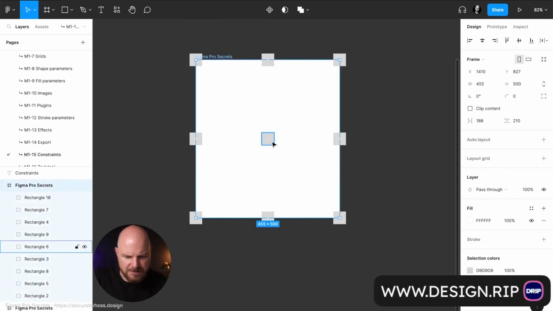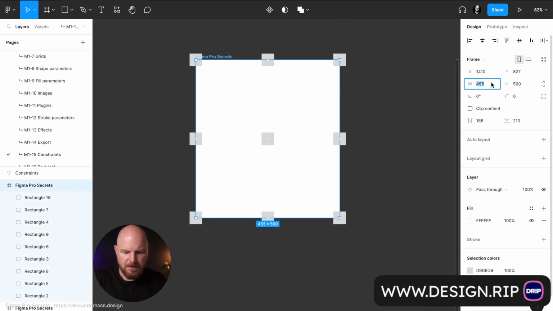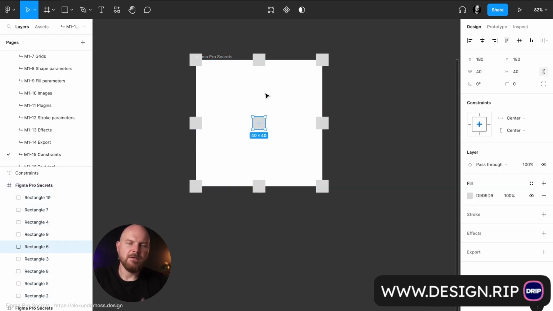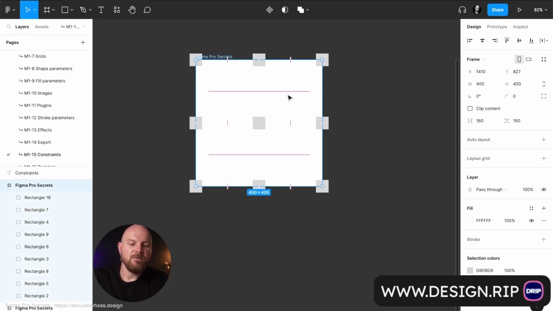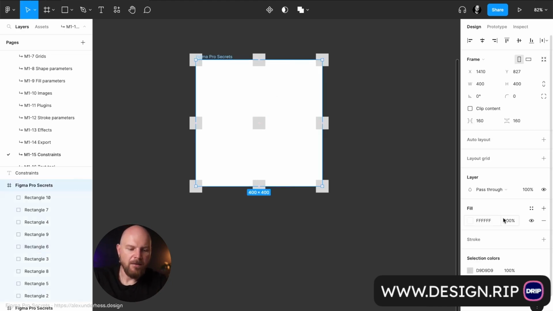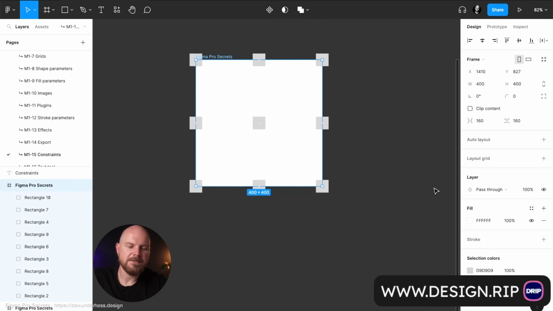So let's imagine that. Let's set it to center. So we have a particular size. Let's set the Figma size to 400, 400. So now the size of the shape is 40 by 40. The size of the frame 400 by 400, and the distance between everything is 180, 180. And if I now change this constraint to scale and scale, select the frame, press